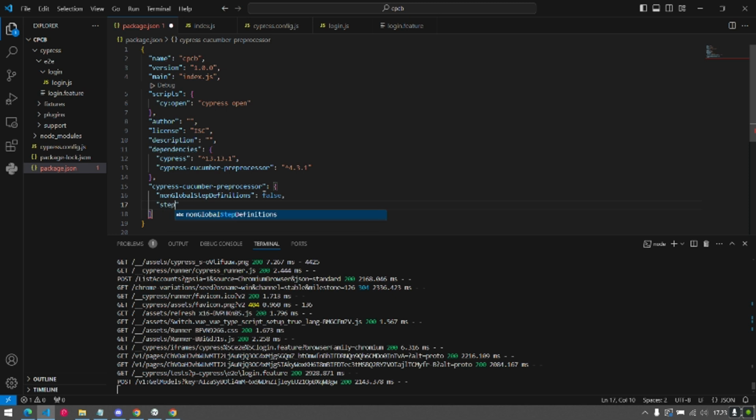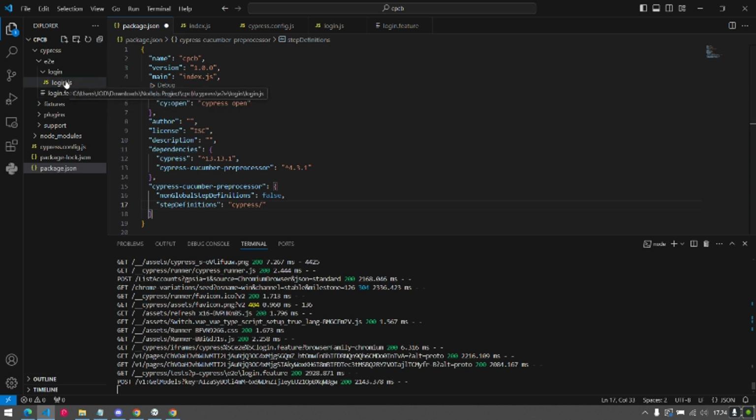And then one more script, step definition file. We need to declare where the definition file is located. Okay, sorry, the step definition we already made in cypress/e2e/login.